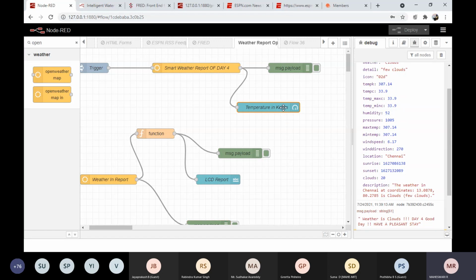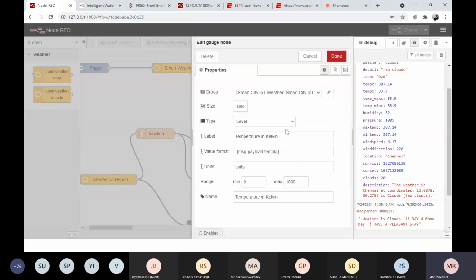Okay, so now what you can do is just drag it, and you see I just displayed temperature in Kelvin. So let me display the maximum temperature. I need to change this format.